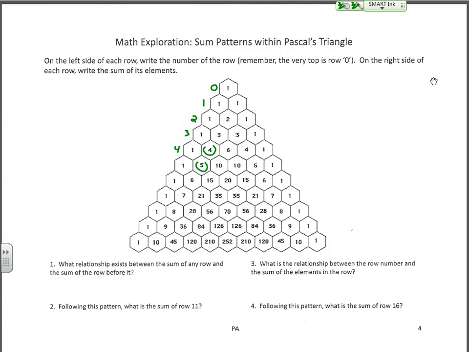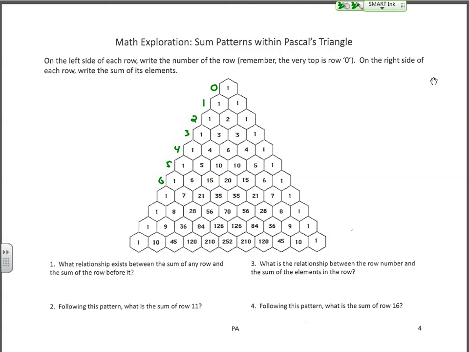Our second element here is a 5, this is row 5. Second element is 6, it's row 6, right? So it starts with that very top point being row 0, and then just 1, 2, 3, 4, 5, 6, and so on and so forth. Okay? Then on the right side,